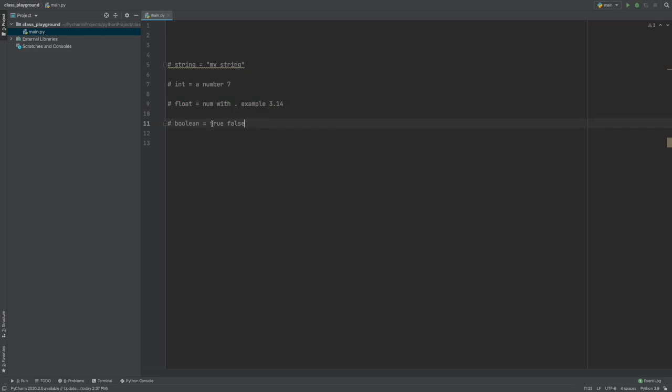A Boolean is true or false. You will want to remember Boolean. We'll cover these a bit in the future. When we do our while loops, we'll be using true and false. So these are some of the different data types, and just to get an idea of what these look like,